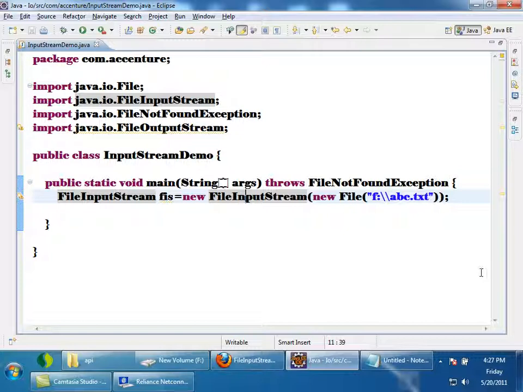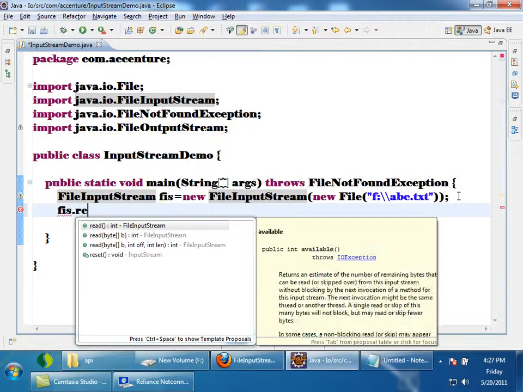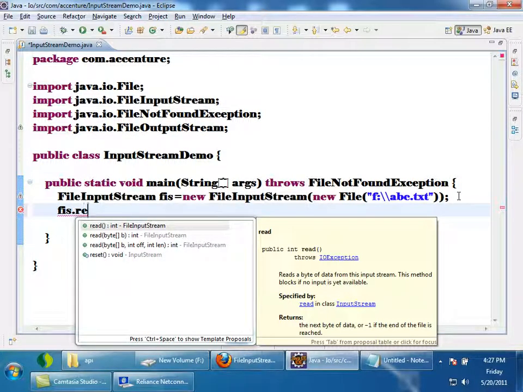File input stream, not output stream. Now I will read the first byte of data, fis dot read. It is returning an int. What is this read method doing? It is reading the first byte, but it is converting the byte to int and giving it to us.